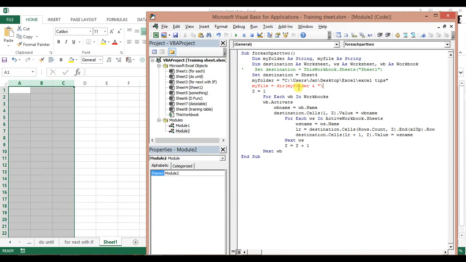So my folder, ampersand, double quotes, backslash, and we are going to be looking for every file in the directory one by one. So the name of the file is going to be represented by a wildcard for us, and the wildcard will be asterisk, and then we are going to type dot and we are going to define the extension of the file. So we start XL,